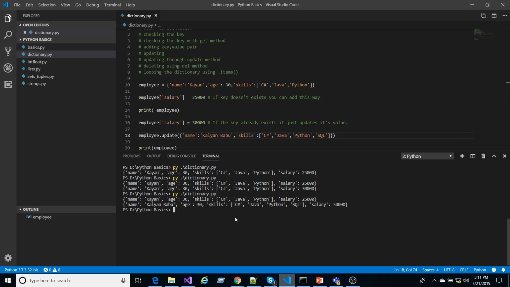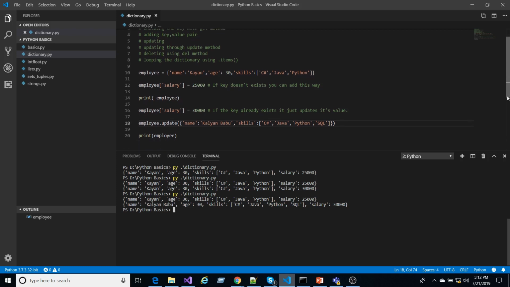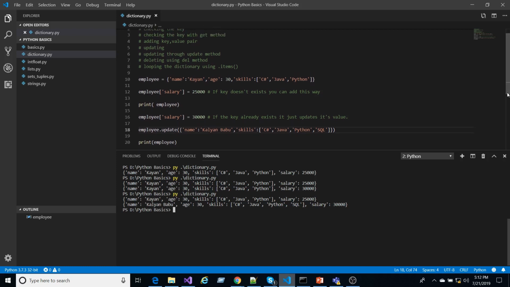Now you can see the dictionary has got updated here. The name has been changed, the skills have been updated, and the salary has been updated to the respective values. This is how you can update the complete dictionary using the update method. If you want to update individually, you can use the key-based index, so that the respective value will be updated. If you want bulk key-value pairs to be updated at once, you can use the update